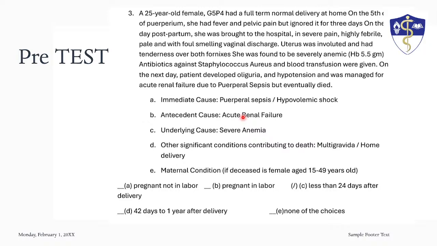So, the patient, ano to eh, if I'm right, this is uterine atony. Okay? Yeah. You can place that there. Post, ano to? Is it puerperal infection? Yes, this is puerperal sepsis. Puerperal infection po. Tapos, it was identified na staphylococcus infection. So, puerperal sepsis can be retained pala. Puerperal sepsis, and then staphylococcus aureus. Okay?